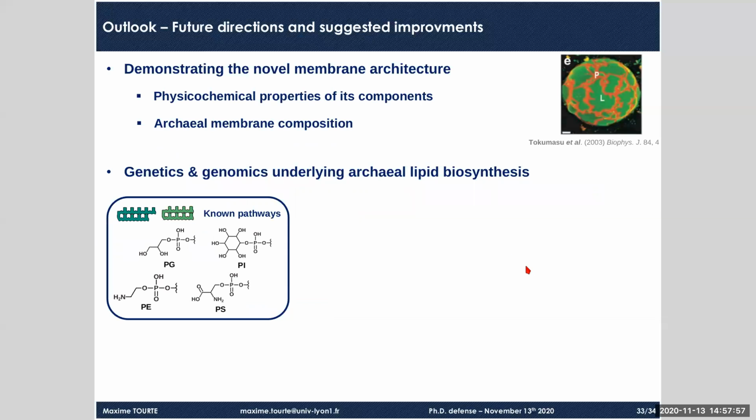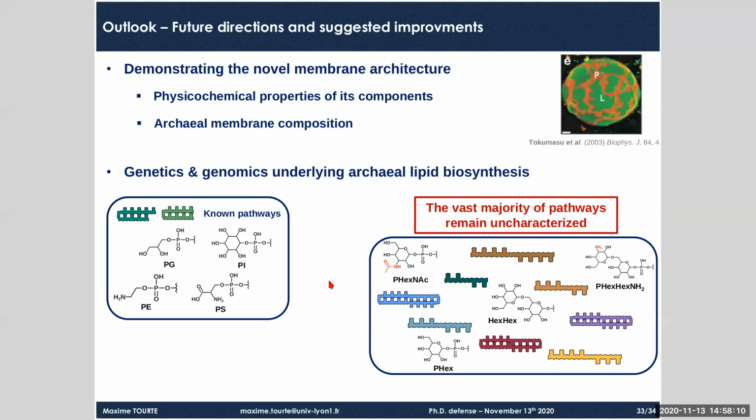Last but not least, we have some data on how Archaea are able to synthesize diether lipids and different polar groups such as phosphoinositol. But how they synthesize all the other compounds that we identified remains largely unknown. And trying to resolve these biosynthetic pathways could actually give us means to assess the distribution of these lipids in Archaea in a more reliable way than only studying their lipid composition.